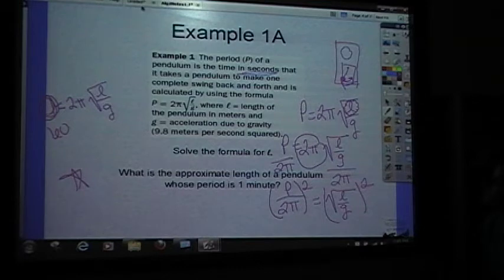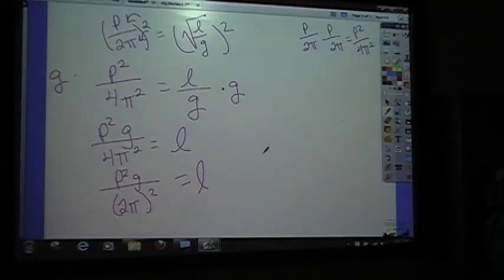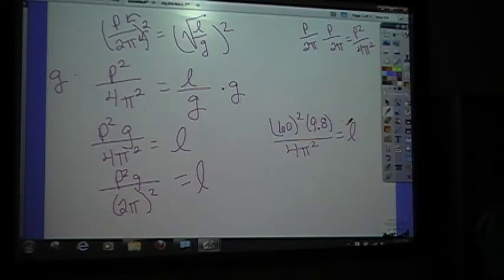So let's go back to my work page. Here's my formula. P squared, so that's 60 squared. G was given to be 9.8 over 4 pi squared equals L. This is a calculator problem. 60 squared times 9.8. I have 35,280 over